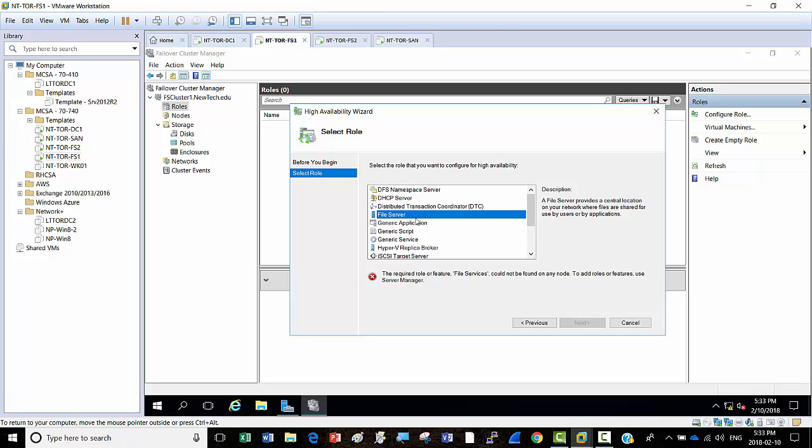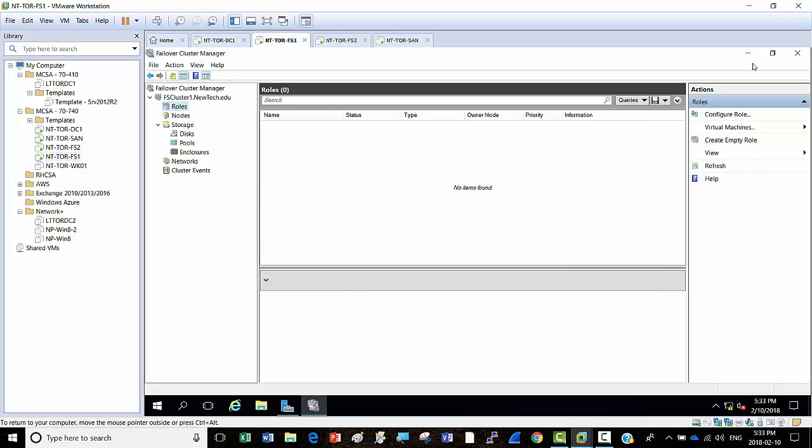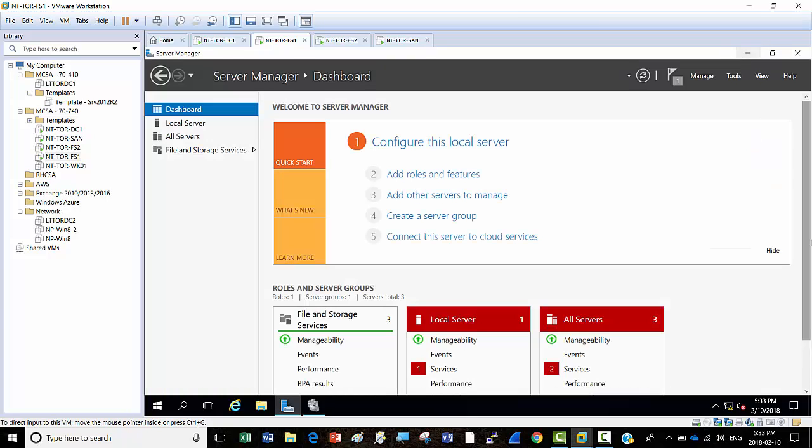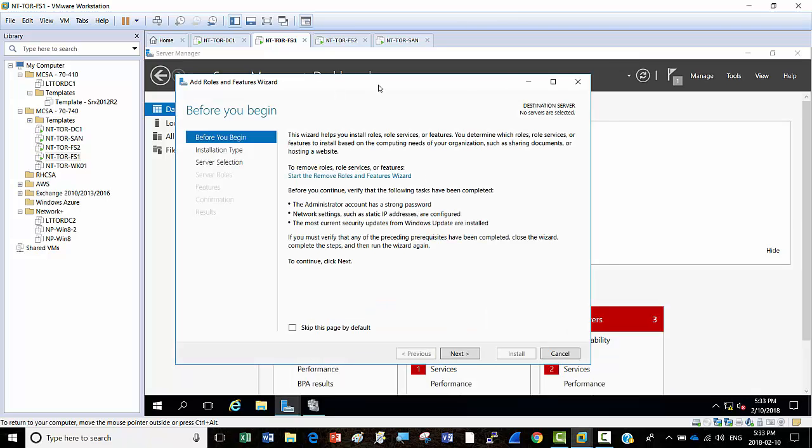I don't have roles, I cannot see the roles, right? So none of these roles are installed on both of our servers. So we will have to go first and install those roles. If we want these 2 servers to make the file server highly available, first we need to make them file servers. So just cancel this one, and now minimize this failover cluster manager, and now we are going to add file server roles. So click on add roles and features,